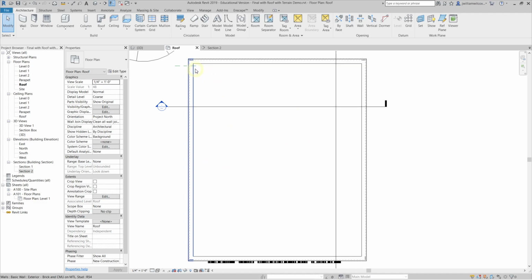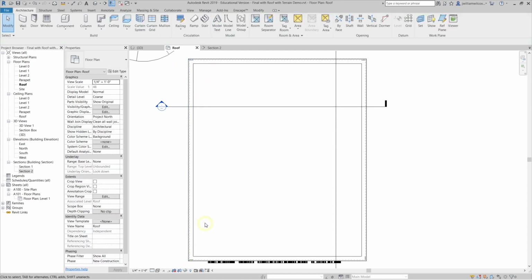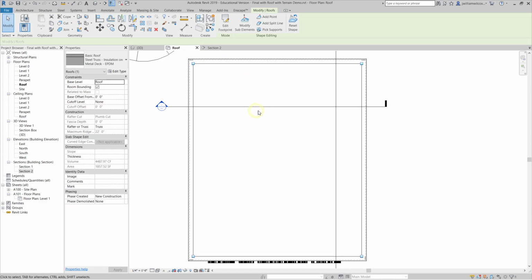But we also have a need to send the flow of water over to the corners, and to do that we're going to create crickets. Now, like I said, a couple of ways we can go about that. One is, again, we would modify these sub-elements. So again, I don't know why I'm not able to select my roof, but I'll select it here, go back here. Again, we've got these